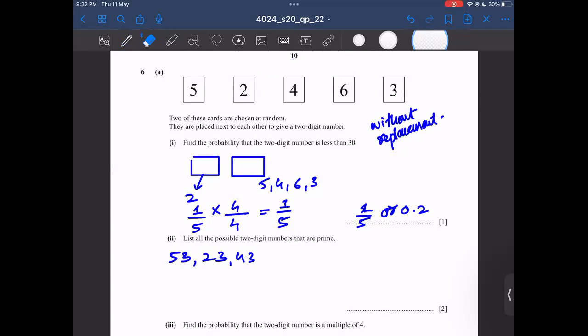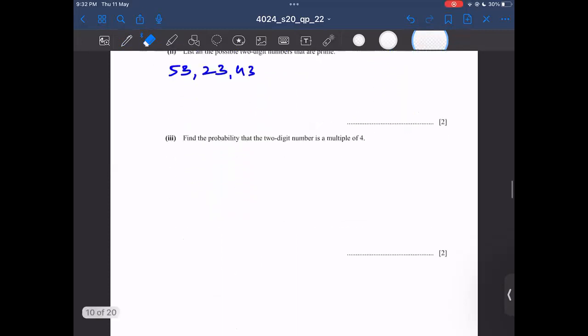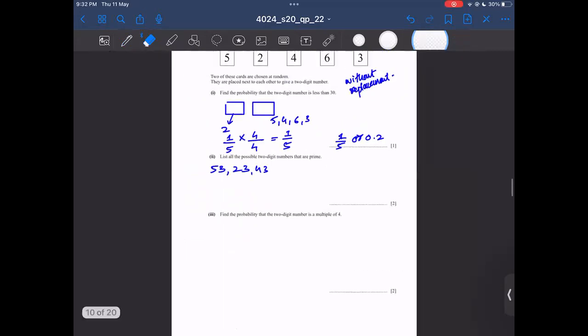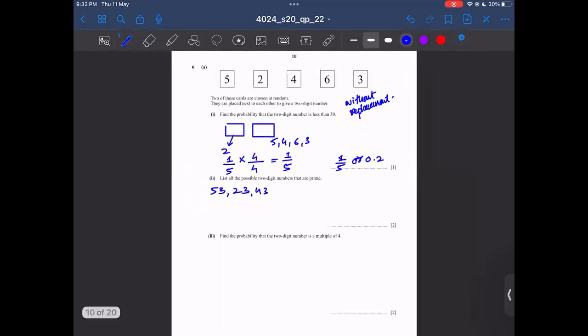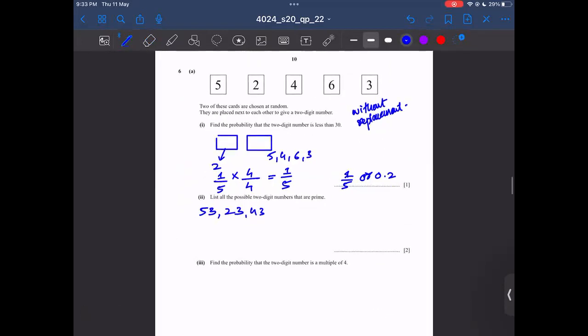Find the probability that two-digit number is a multiple of 4. In the third part it says find out the probability that a two-digit number is a multiple of 4. Okay. In order to make a number multiple of 4, let's do the possibilities here. Right? In the part 3. We can have, see, if you want to have a multiple of 4, you can have